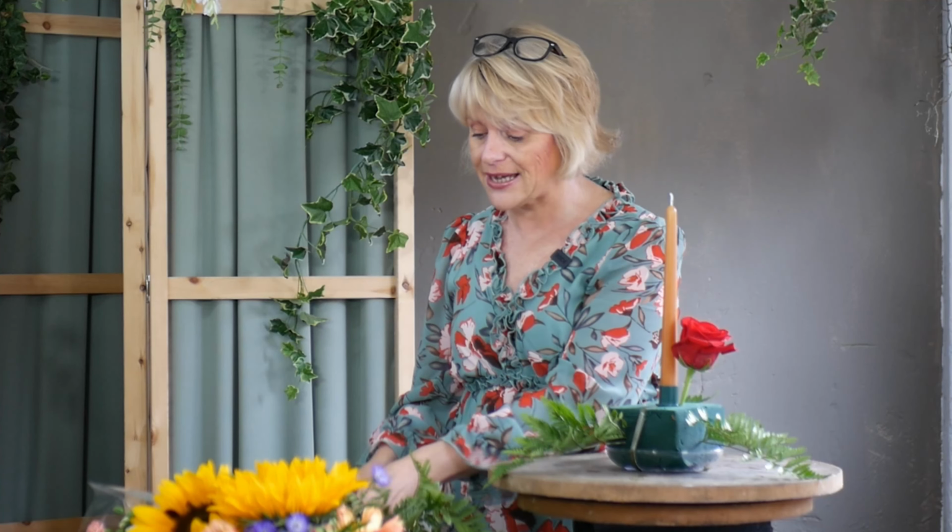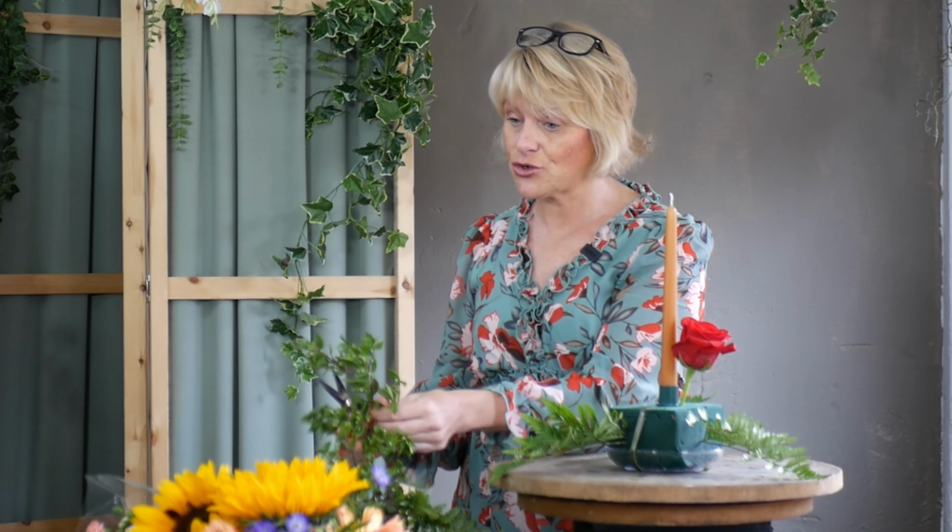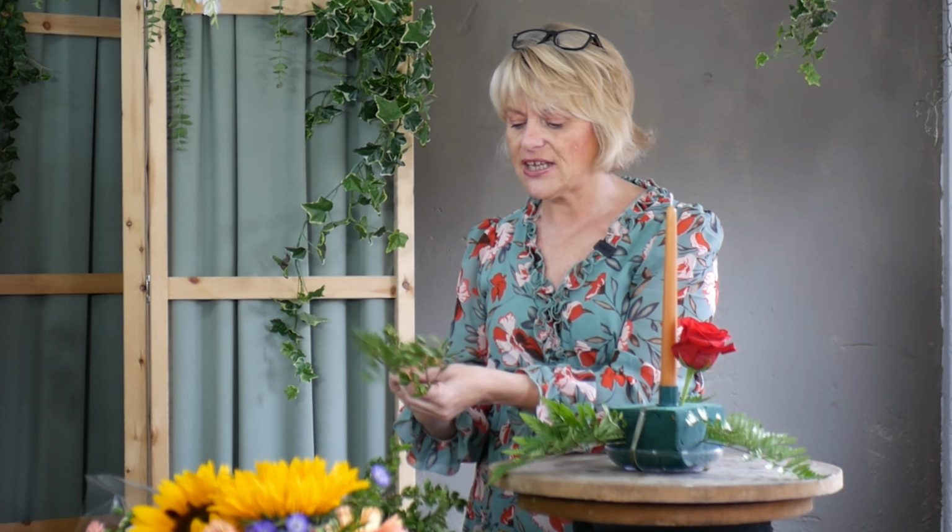Now, the reason I didn't use 4 was because 4 is very angular and very pointed. It almost makes your design look quite square. So if you're making a square arrangement, do 4. If it's round, do 3, 5 or 6, because it makes the design more pleasing. And these are just guidelines. You don't have to follow them to the letter, but it will really help you create a lovely outline shape